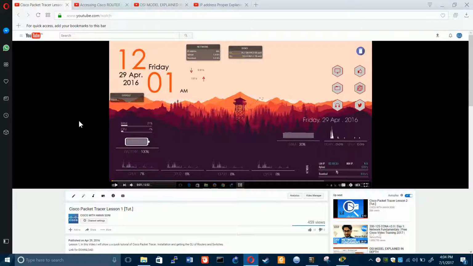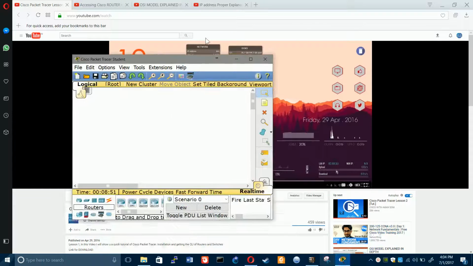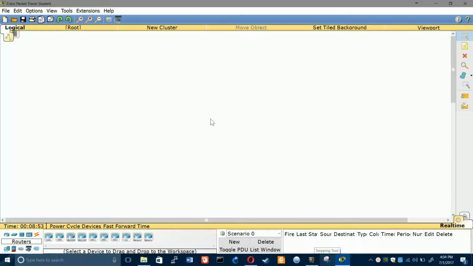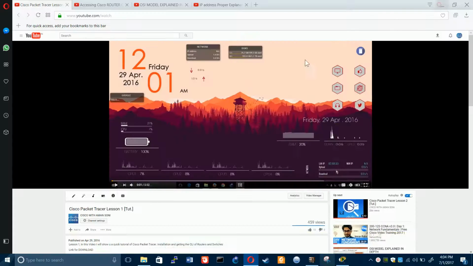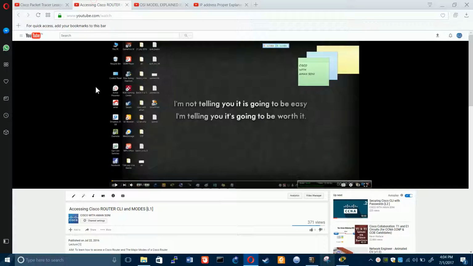First of all, you have to know the basics of Cisco Packet Tracer. Why so? Because we are going to talk about static routing in Cisco Packet Tracer. So first of all, you have to be familiar with the Cisco Packet Tracer tool. So this is the link. You can just click here and go to the Cisco Packet Tracer, and then you have to be familiar with